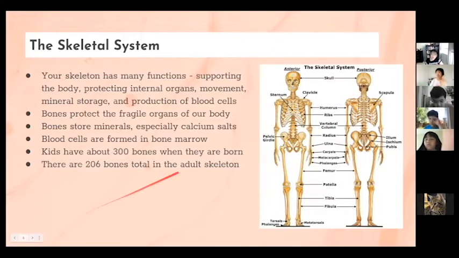Before we move on, guys, I have one thing to add on. You guys have probably heard your parents say, at least they did to me, drink your milk. Have your calcium. You need to get your calcium. Drink your milk. You guys probably are wondering why we have 300 bones when we are born and 206 when we mature. It's ossification, and it's not by breaking bones. We don't lose bones by breaking bones. Mm-hmm. And we'll be explaining ossification on the next slide.